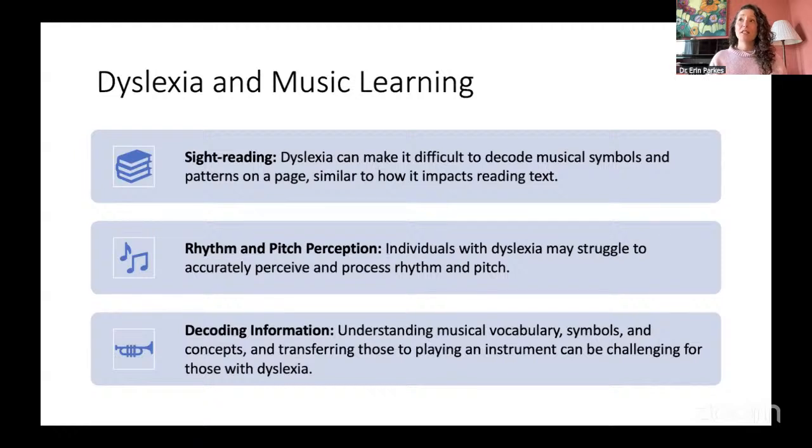And then taking those things, abstract concepts can also be difficult. So these are abstract, but even if they can learn the symbol and be like, that's a quarter note, that's a half note, that's a quarter rest, and they can identify them, then understanding what that means when they're actually playing their instrument can be really, really challenging. So that sort of abstract to concrete, concrete to abstract relationship can be difficult.